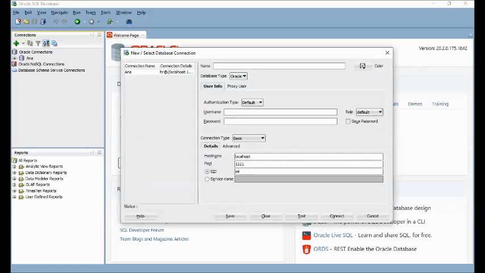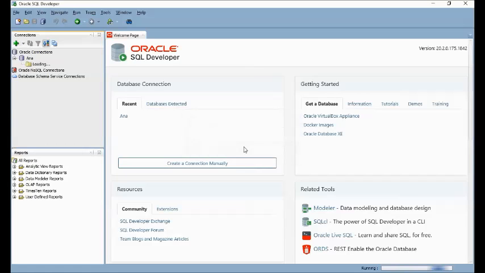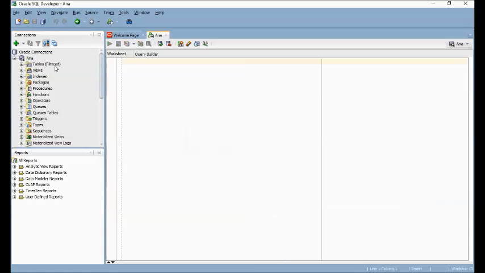You will just fill it up with any name and whatever it is that you want. I will show you the schemas later. So I have here made, this is the database that I have been connected to. And you will see here, it will be loading all the tables that are inside.